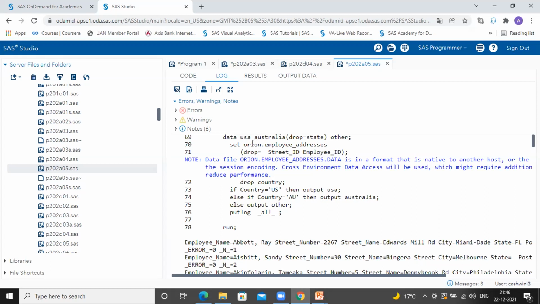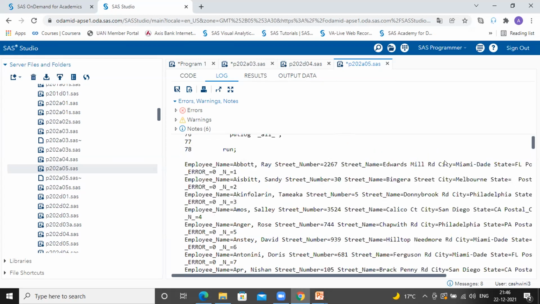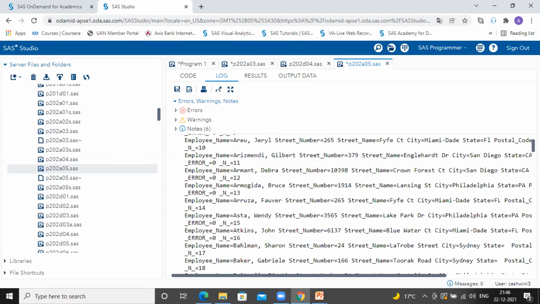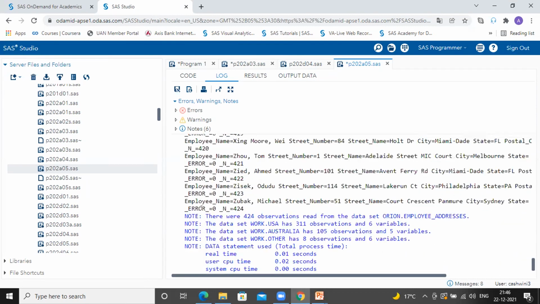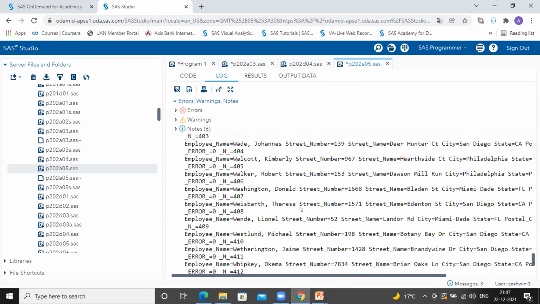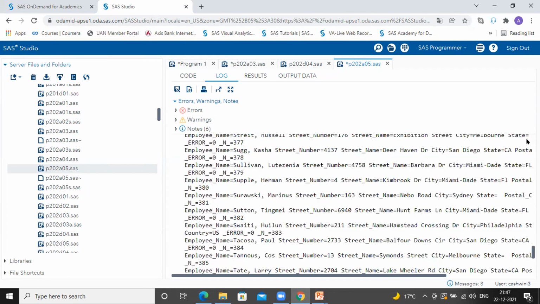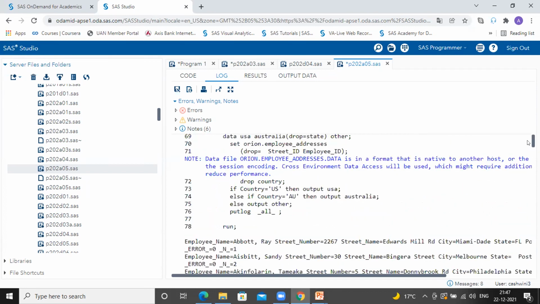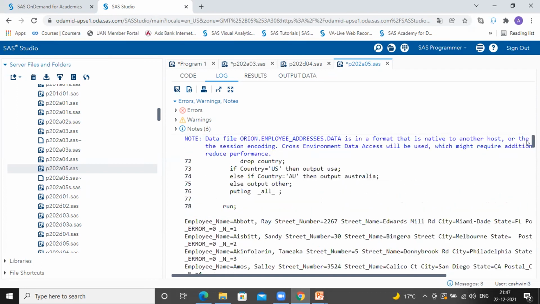Because the input data here has 424 rows, if you see all the data step iterations, your input data is processed for that many rows. All right. This put log statement is just to make sure how it is working in the compilation or execution process. Correct. It's one of the debugging techniques we are learning for your programming as a data analyst. You are debugging at the back end how it's working, using the put log statement.